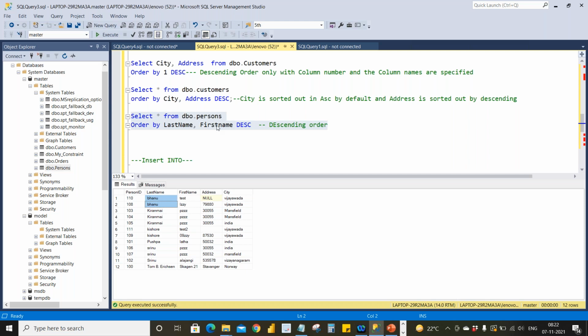It will go to the first name descending order. So first name descending order is test, right? And the second in descending order is LZZY. So it will sort in that way. First, it will give preference to the last name. If last name is duplicate, then it will go to the first name and sort it however we give over here.